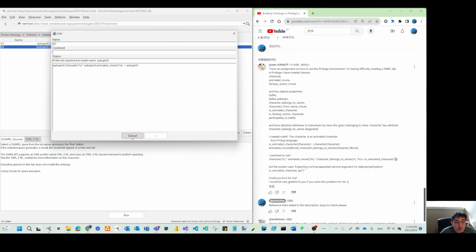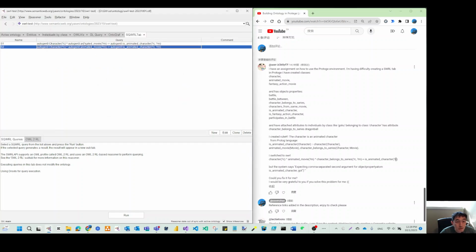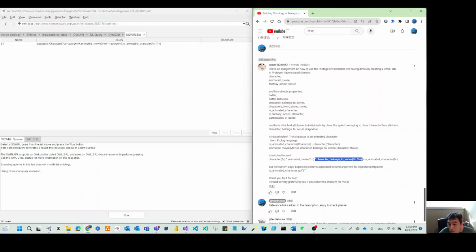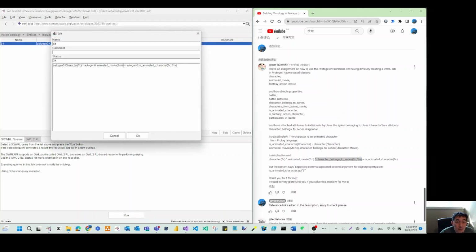So let me also discard first and delete. I missed the third condition: character belong to. This defines whether this character actually plays in this animated movie.